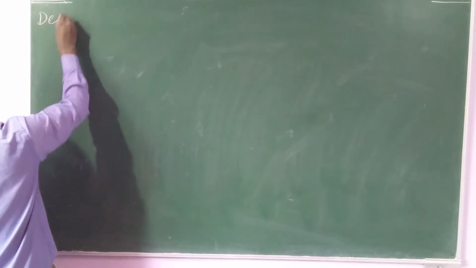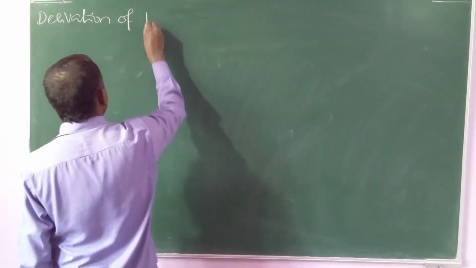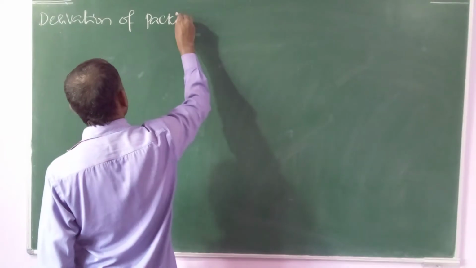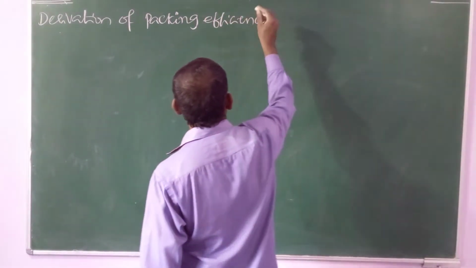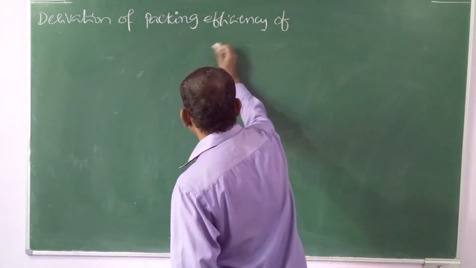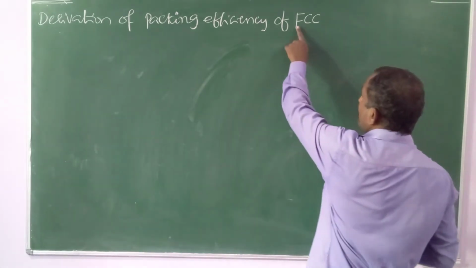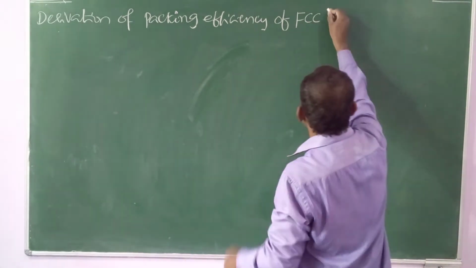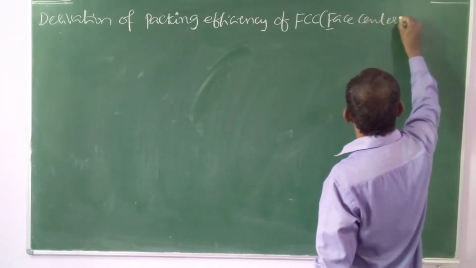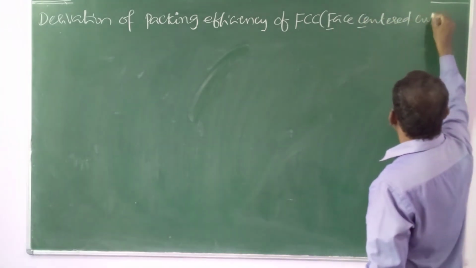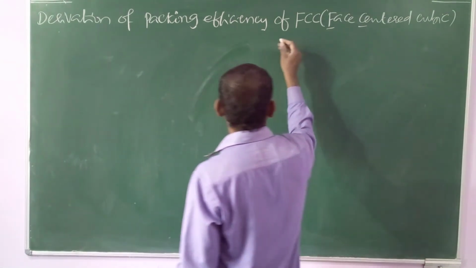Derivation of packing efficiency. Derivation of packing efficiency of FCC. Very, very important. FCC full form, face centered cubic lattice. Full form also you should remember, face centered cubic lattice. Derivation of packing efficiency of FCC or